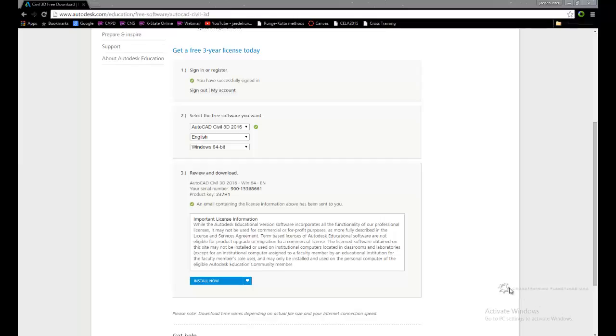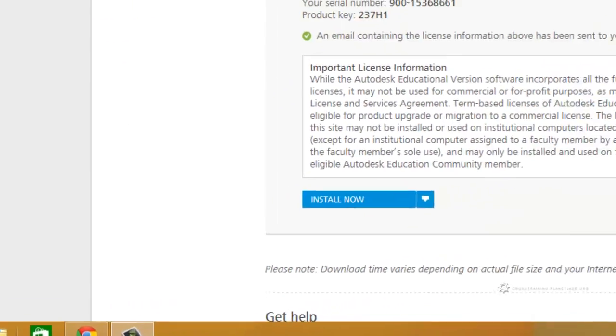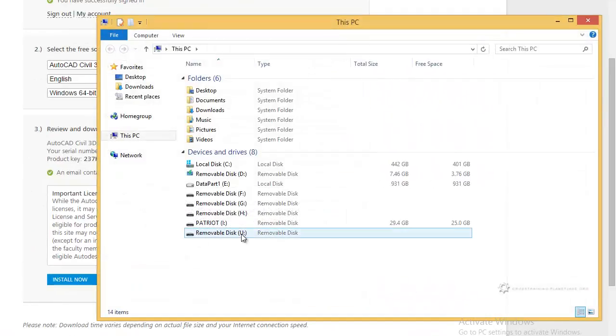So what's going to happen when I click the Install Now button is that it's going to ask me where I would like to download my Civil 3D or my AutoCAD product, my particular Autodesk product. So before I click Install Now, I actually probably want to decide where I want to save things to. So I'm going to take a look at my File Explorer, and I'm going to be putting things on my